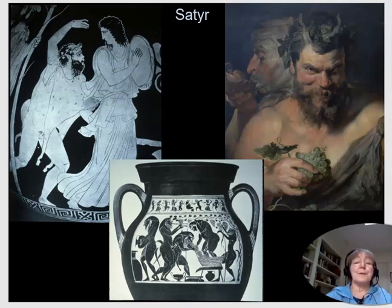The other vice of the satyr is to chase women, and that's what, for your delectation, I have an image in the upper left corner where you can see a satyr trying to sneak up from behind and grab a lady. You can see his pointy ears, and you can identify him with his ears, but also from his behavior. Let me introduce you to my favorite picture of a satyr because I think it really sums up the